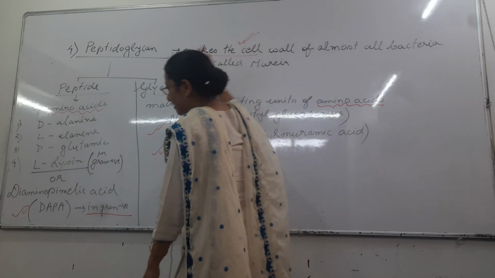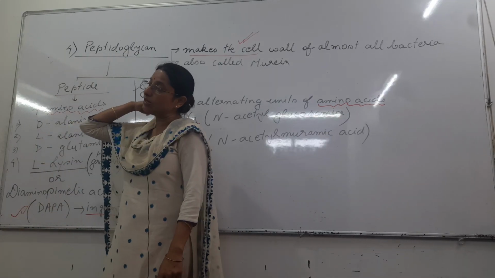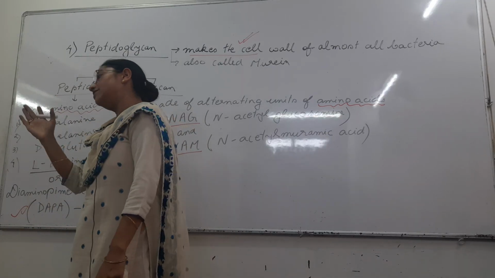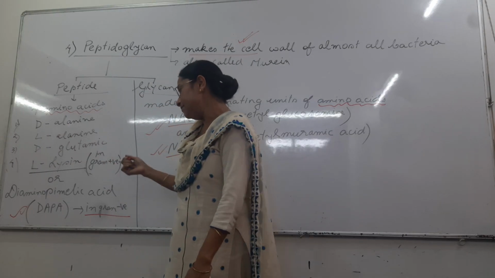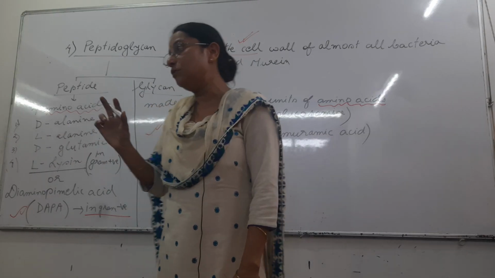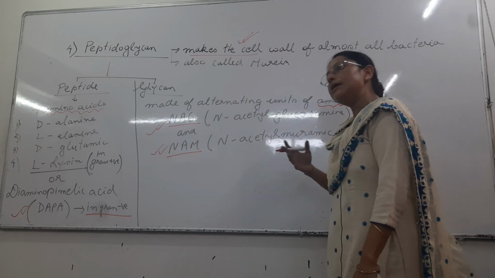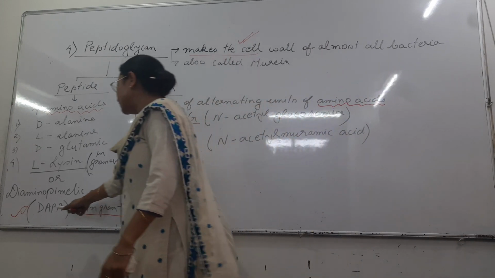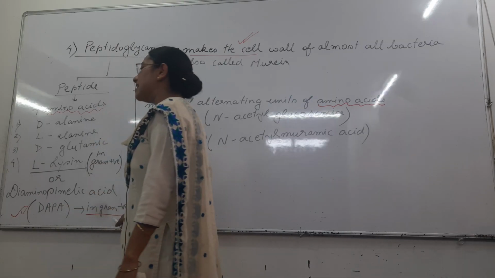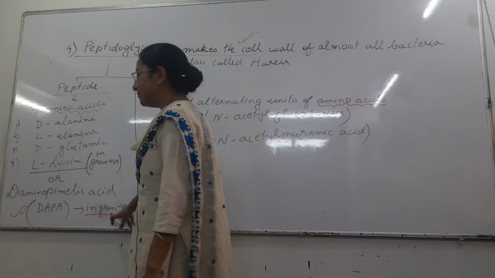Then second is gram positive bacteria or gram negative bacteria. You have to study some unique points, you have to differentiate between gram positive and negative. If you remember from the previous class, we studied a word teichoic acid. Teichoic acid is the characteristic of gram positive or gram negative? Gram positive. Exactly like that, a question will come: DAP is a characteristic of gram positive or gram negative? DAP is a characteristic of gram negative. This is the only word that